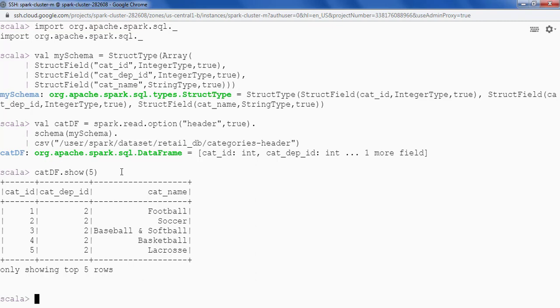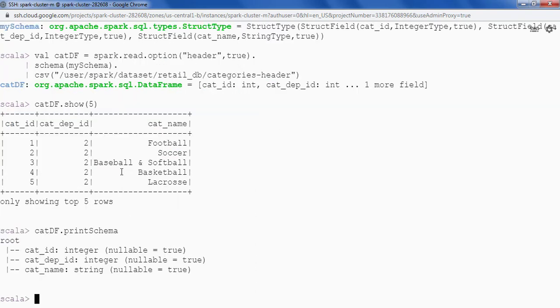We can also check the schema. Cat df dot printSchema. Okay, so we can see the column name as cat_id, type integer, nullable equal to true. Similarly, cat_dep_id and cat_name. So this is the way to provide explicit schema to the data frame.